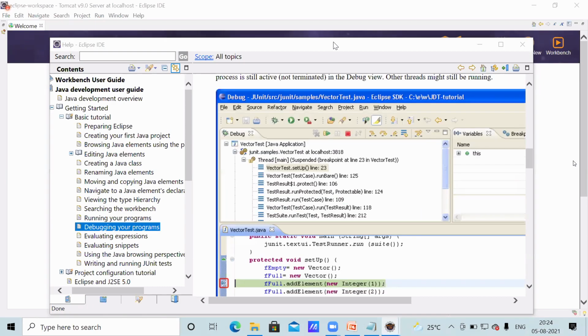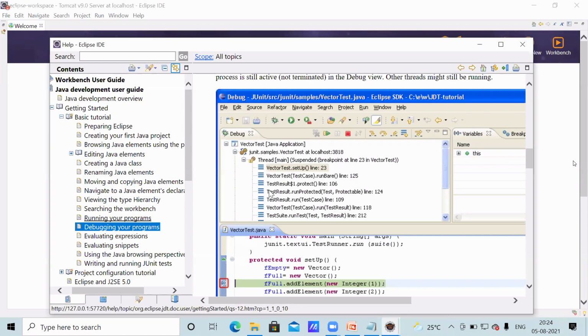It is not programming. It is an already predefined tool. Without faculty, you can learn. Without faculty, by yourself also you can learn. It is possible. No need to teach this one because it is not a program, it is not a logic. See how to run the program, running your programs.